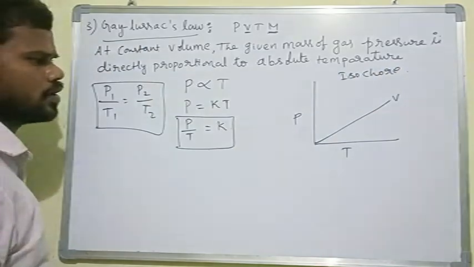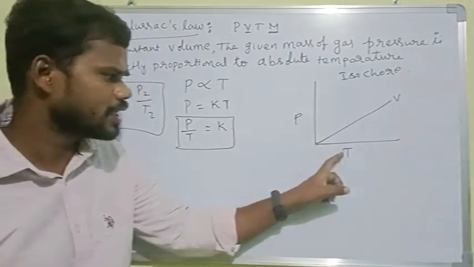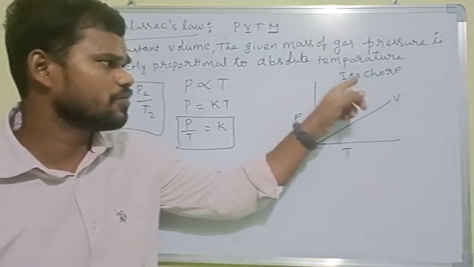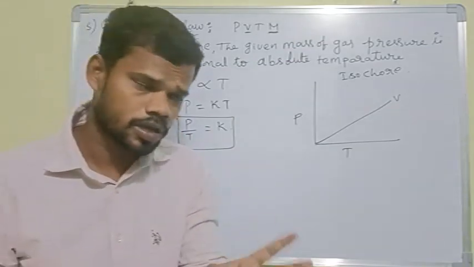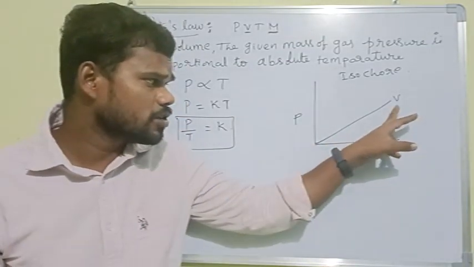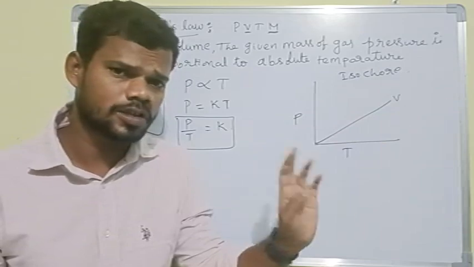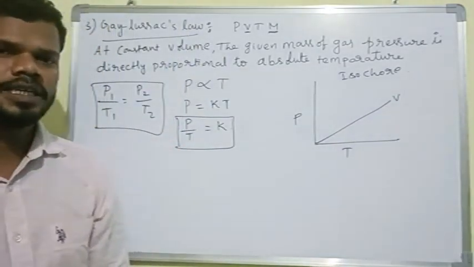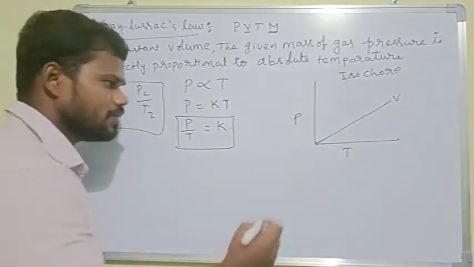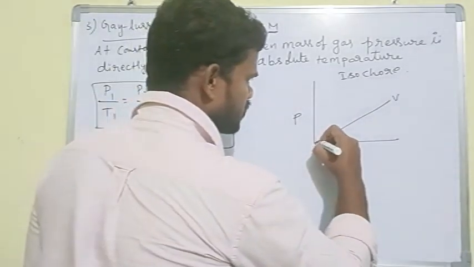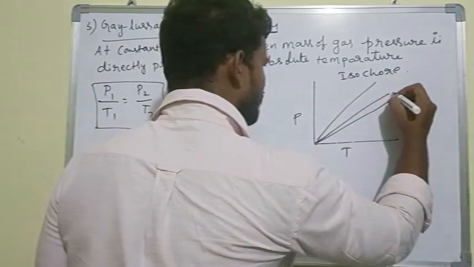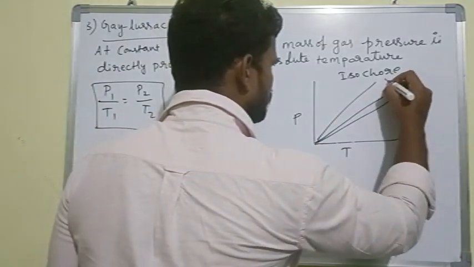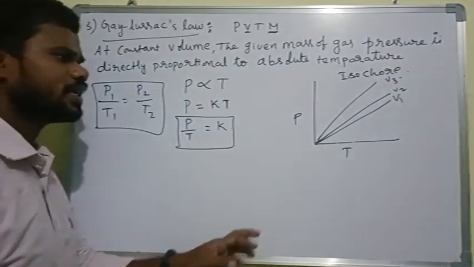Isochore. The graph drawn between pressure and temperature at constant volume is what we call an isochore. If only one gas is there, we draw this graph. If two or more gases are present, we draw the graph like this, with V1, V2, then V3. For this given graph,